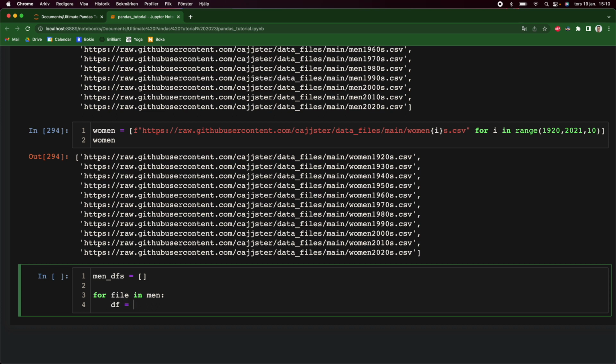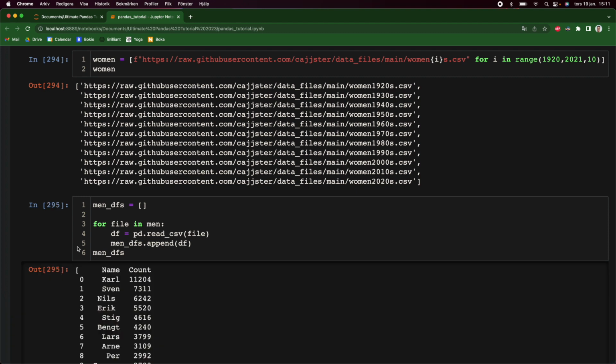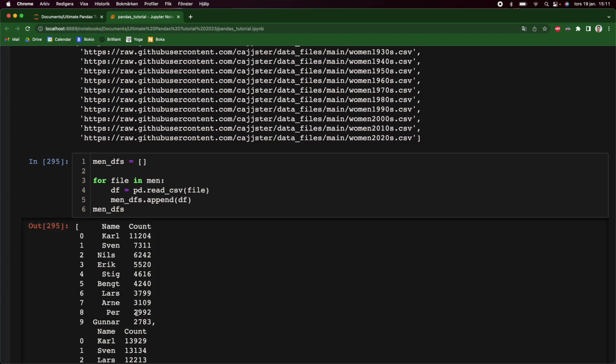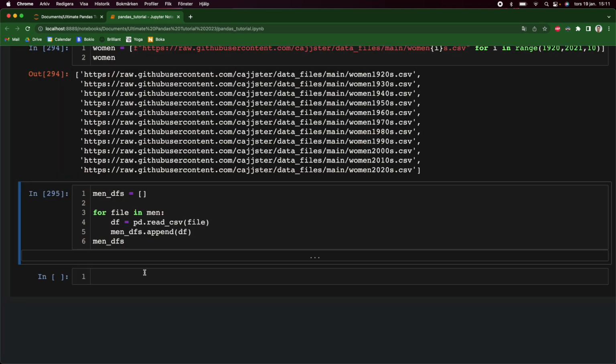Then I would say df is equal to pd.read_csv, and then here we would say file, the iterable, and then mens_dfs.append(df), and then mens_dfs. Boom. So now I'm getting a list of data frames, and the only thing I need to do now to concatenate them is to say